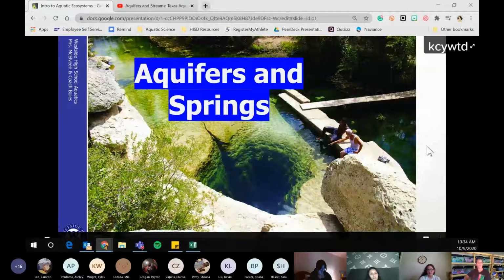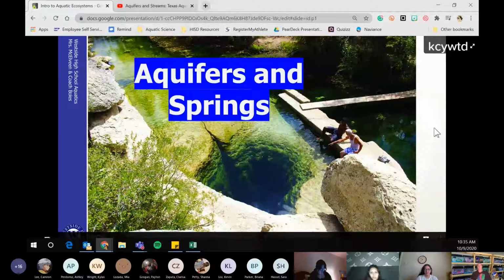All right, so we're done talking about your abiotic factors. We're going to have a short little mini review embedded in here over stuff you've already learned. And then we're going to talk about the difference between aquifers and springs. This is a different section within the notes, aquifers and springs. Look how clear that water is, so pretty. When I went to the Frio River, the water was so clear, it was crazy. You could see the fish. Beautiful.